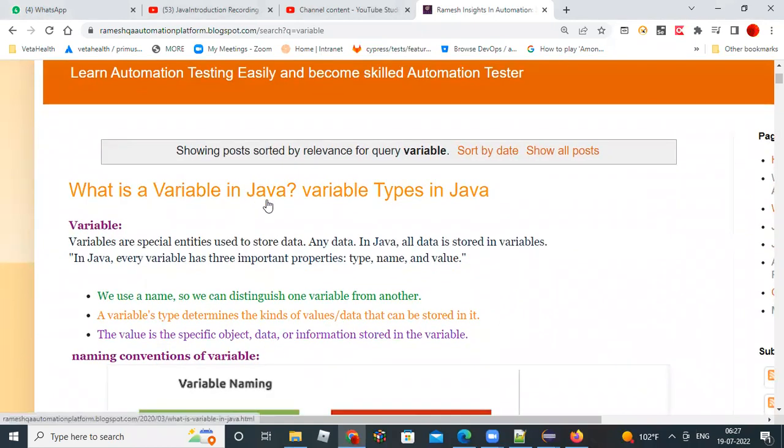So what is a variable? A variable is a special entity inside the class, mainly used to store the data. What is the purpose of a variable? It stores the data in the memory. It is one of the data members of a class. It carries the data. That's why it is called a data member, because the member which is carrying the data is called a data member, or variable